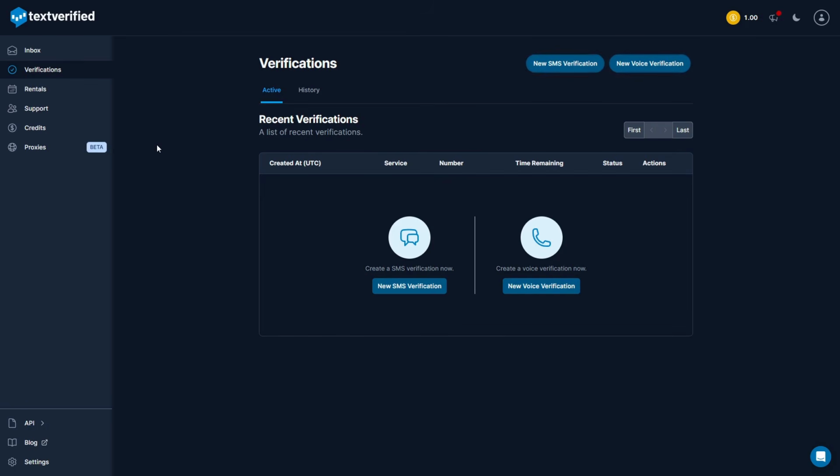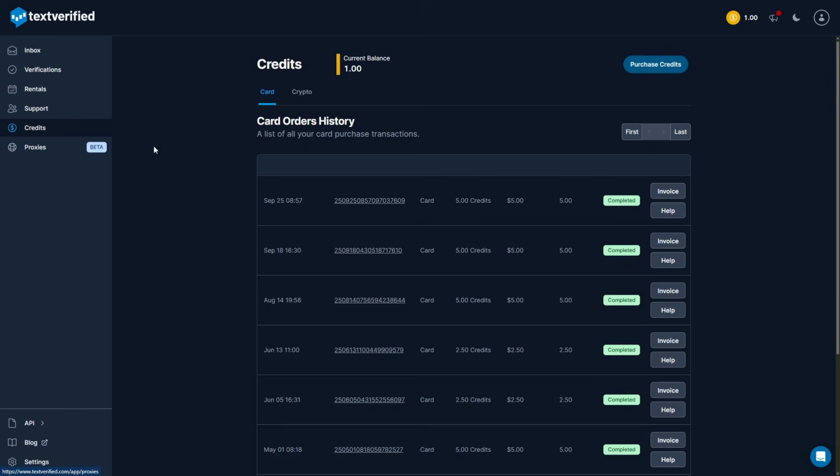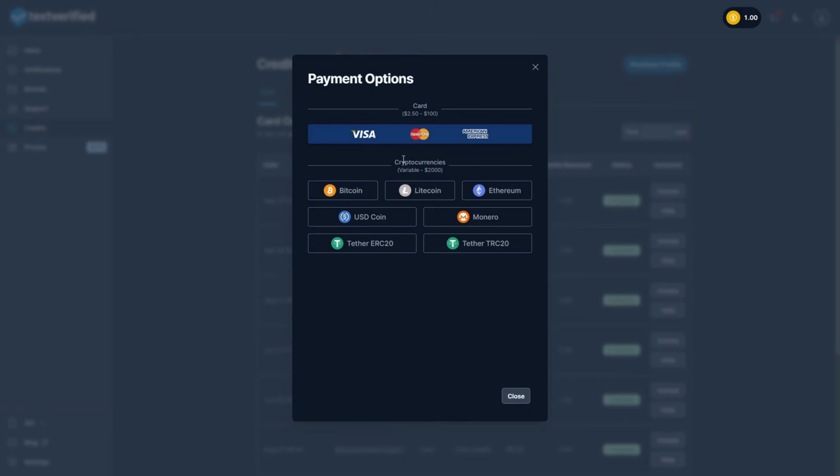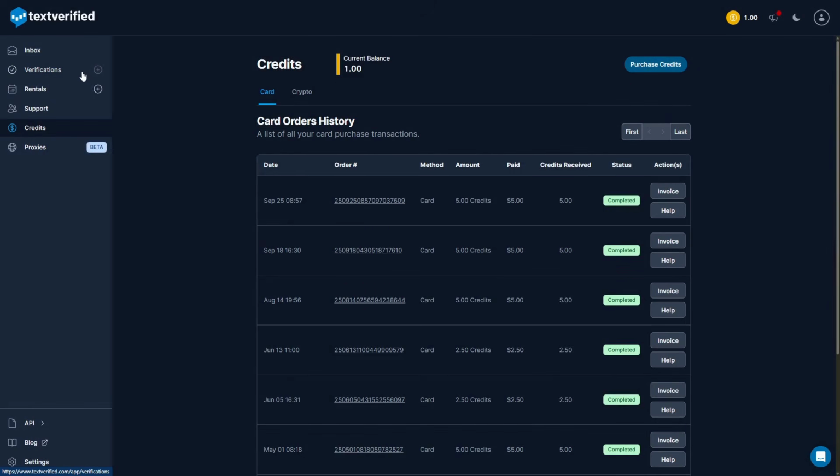Go to textverified.com, sign up for free, and then once you sign up, you'll have to purchase credits. Just go to credits, and then click on purchase credit, and then you can either use a Visa card, or there are other available options that you can use. Just choose what you're going to use to purchase the credits,